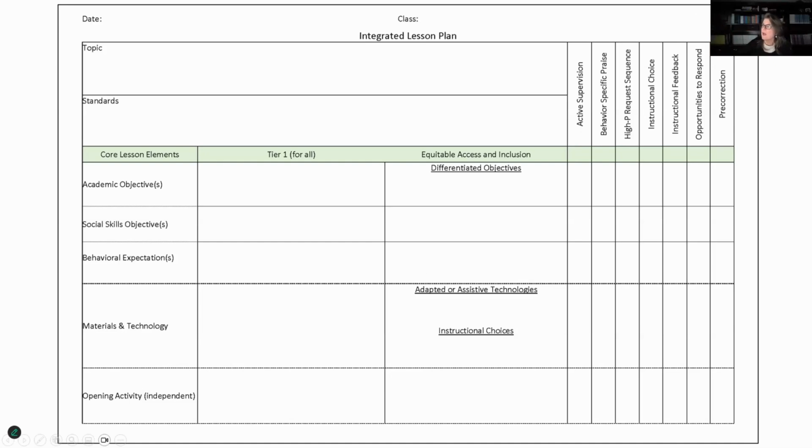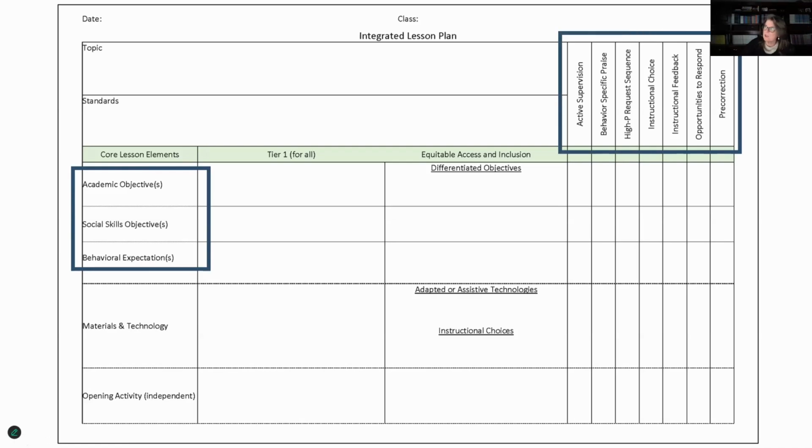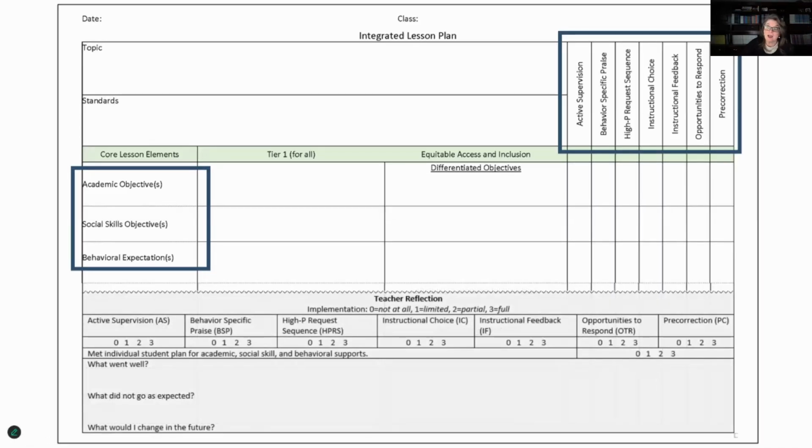Then off to the right, you see all those low intensity strategies that you just heard about in that video. So this is interfacing the facets of instruction with clear objectives, how they relate, and all those strategies for teachers to use so that you can provide differentiated instruction for students. So it's taking the objectives plus those low intensity supports, and essentially you're pacing it out. And at the end of it, there's even a little space for teachers to say, here's what I used and what I tried.